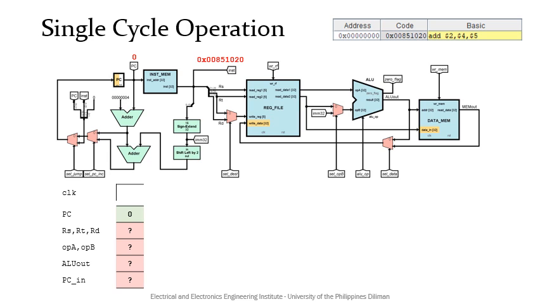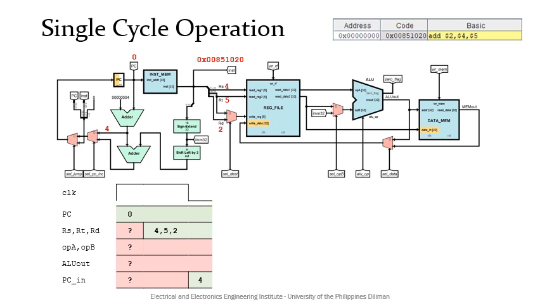After some delay, the instruction code will be fetched, and alongside this, the values for RS, RT, and RD can be extracted. While this is happening, suppose the adder connected to PC is able to finish computing PC plus 4, which is 4. After some delay, the register file will be able to output the contents of the register operands R4 and R5. By this point, let's assume the control unit has finished generating all the necessary control signals, and therefore it has already allowed RD and PC plus 4 to pass through multiplexers.